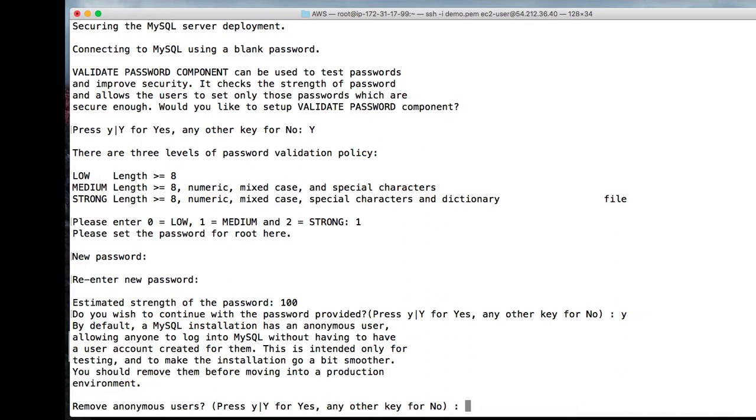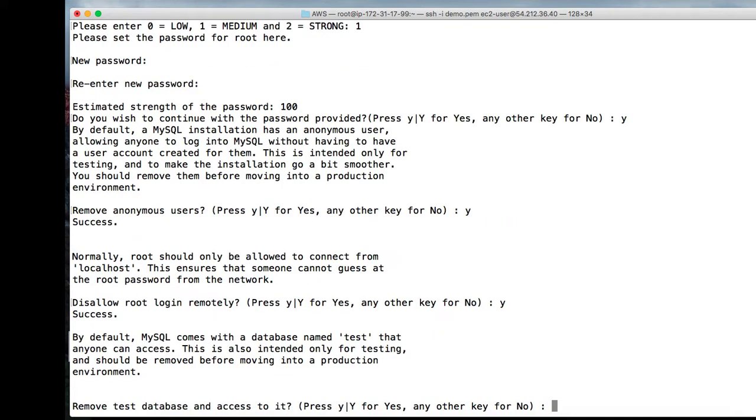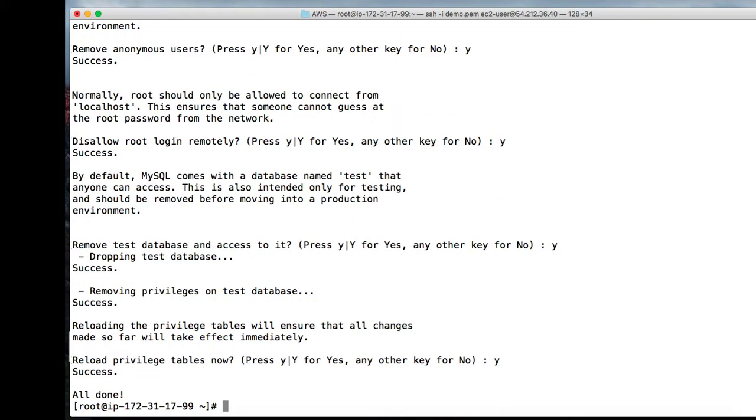And it's going to ask you if you want to remove the anonymous user that comes by default with MySQL. You can choose yes for that, and you can also disallow root login from remote, and then it asks you to reload the privileges. So choose yes for that too, and we are all done, and we have MySQL up